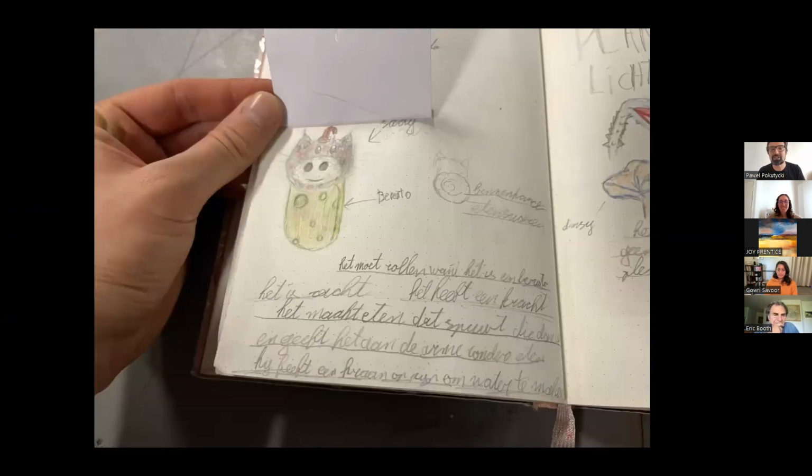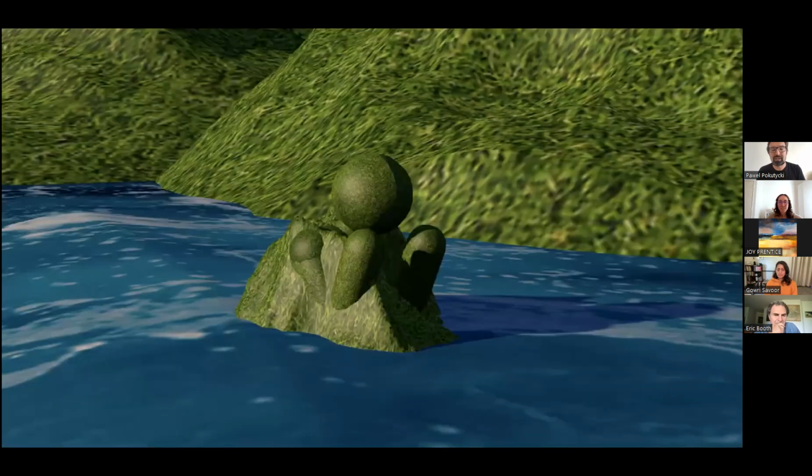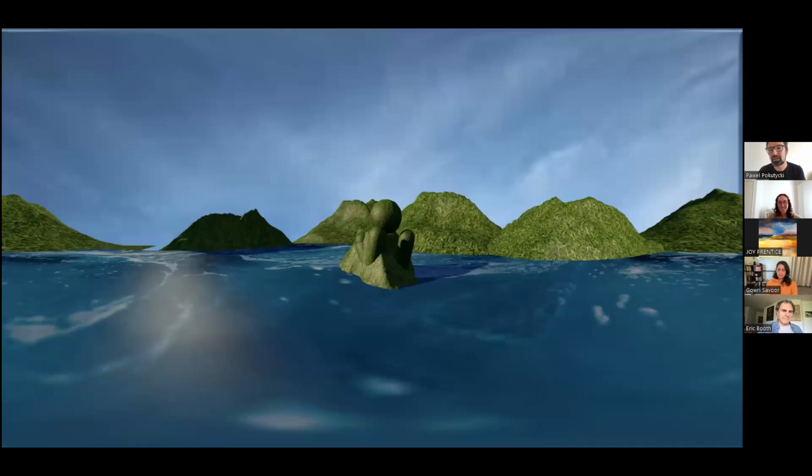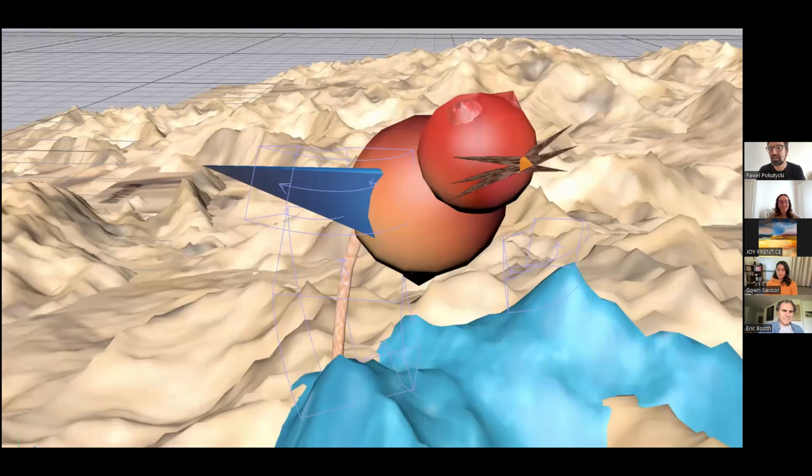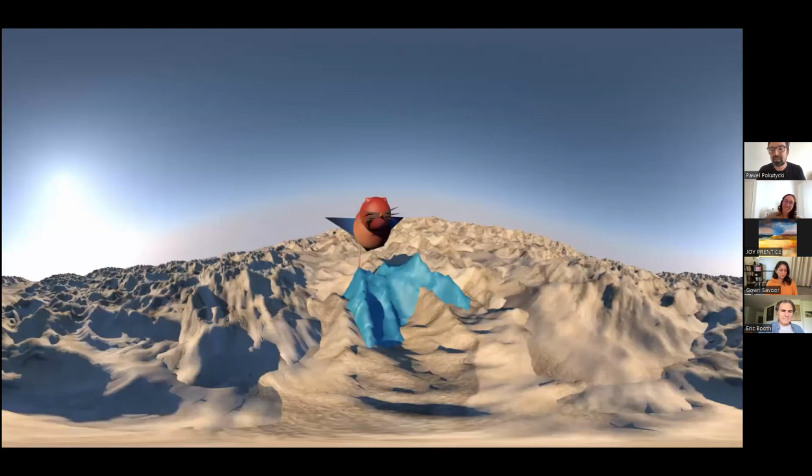Now, some other sketches, look at this mountain figure that comes to life to tell us something. It becomes a character in this scenario. Again, we could experience these scenes, these animations in virtual reality. This is, I guess, some kind of flying cat looking for water in a deserted space.